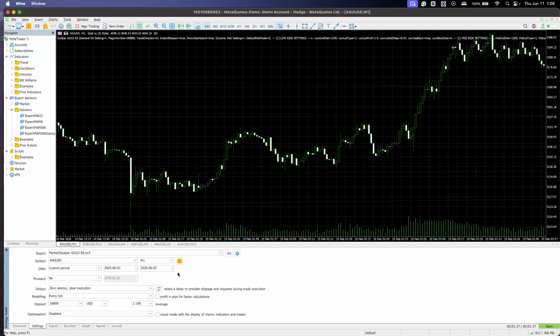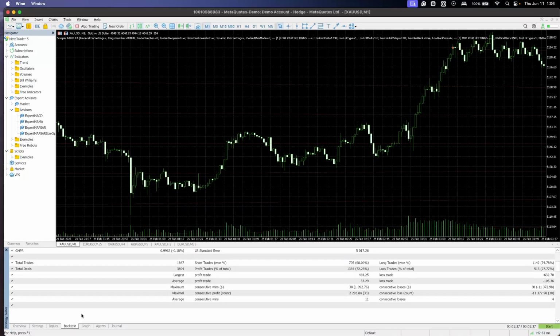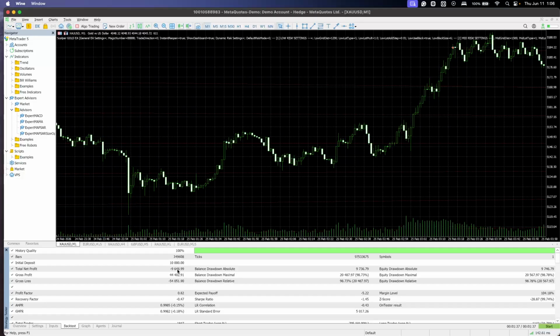Yeah, not 1 month like they did in their backtest. It was just 1 month, but this is 1 year, and 100% modeling quality on a $10,000 US dollars deposit, and the equity curve started okay, but then it suffered massive drawdowns, ending with a big net loss of around negative